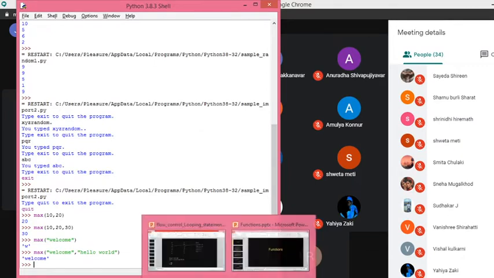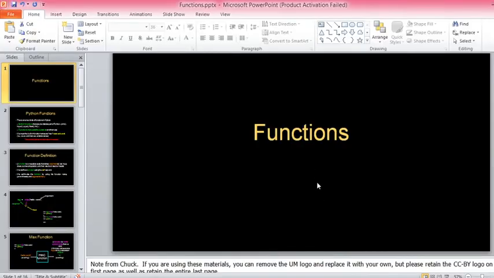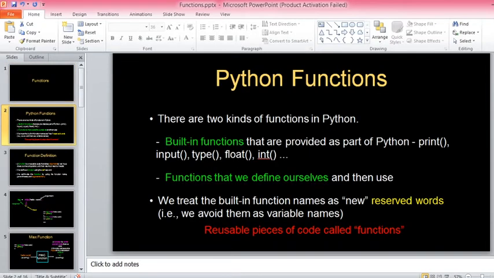So in this chapter you are going to learn how to define functions of our own, because we already know there are many modules. We can import those modules and use the built-in functions in our program, as I showed you: the print function, the input function, the len function to find the length of a string, the type function, and now the max function. Like so many functions are there. Those are all built-in functions we can use, but we can write our own functions also.